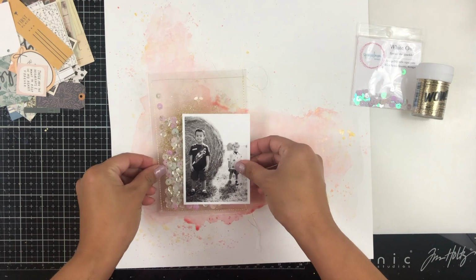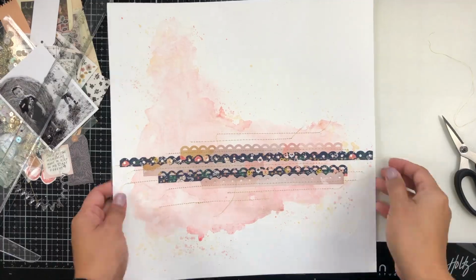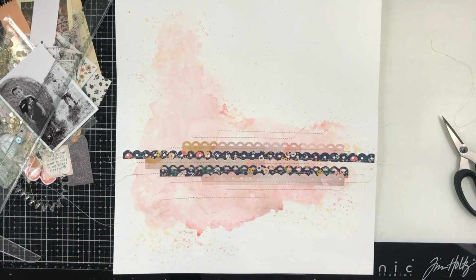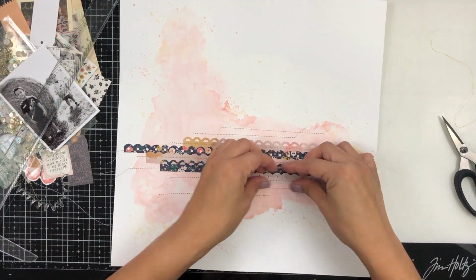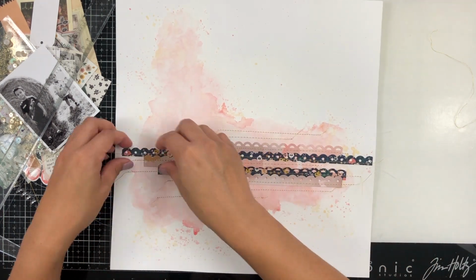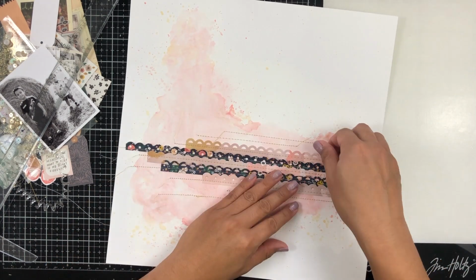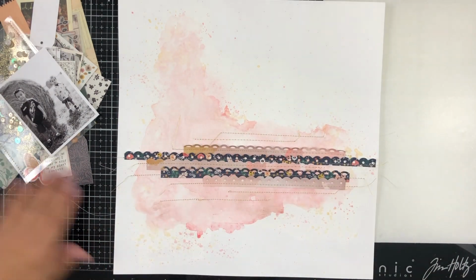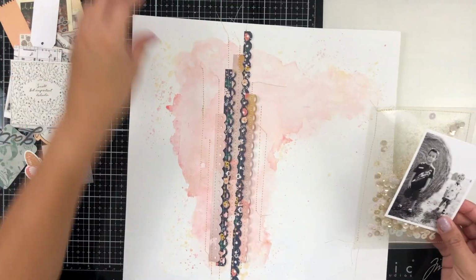It totally makes the sequins a big part of my layout. But I didn't have to fuss with foam. I didn't have to do what I usually do to make shakers, which is fine. I just wanted to create another, fun way to create a shaker. So I just took some acetate, folded it over, and ran it through my sewing machine and made my pocket that way. So I took some strips of pattern paper from that collection and I ran them through some border punches and layered those up